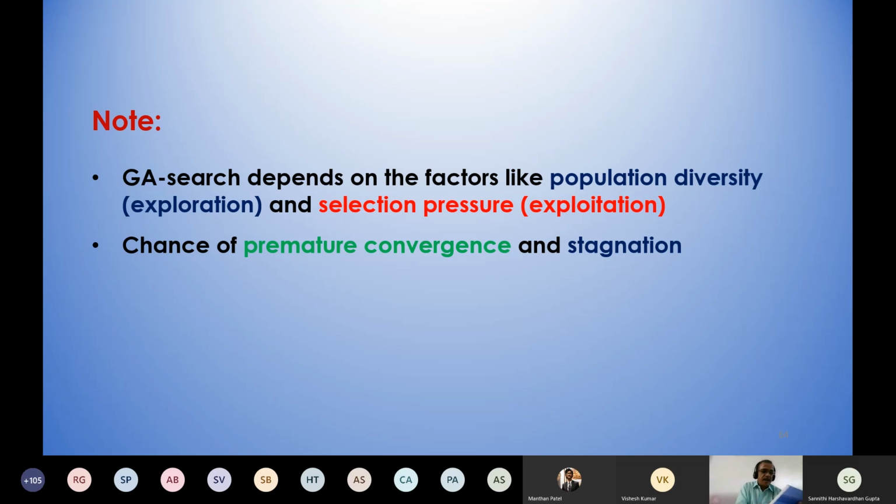Now I take the help of one random number generator. The random number generator is going to generate a number lying between 0 and 1. If it is generating a number lying between 0.0 and 0.1, I'll be selecting F2 according to the roulette-wheel selection.